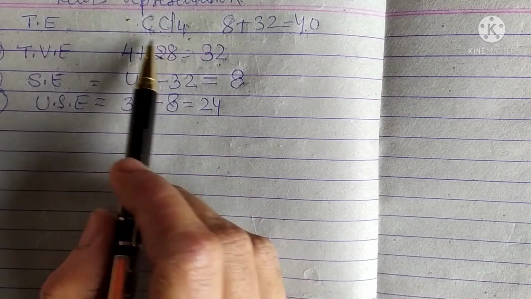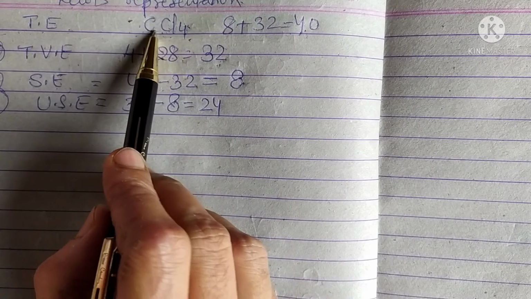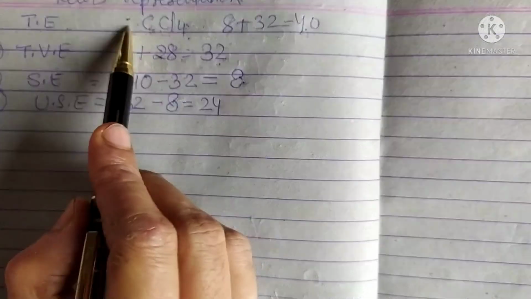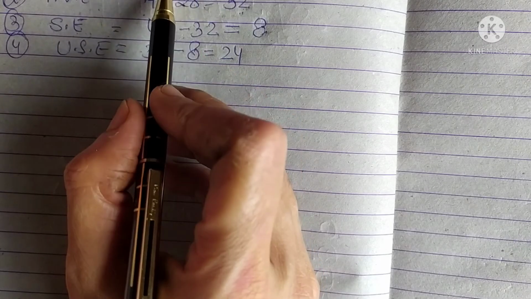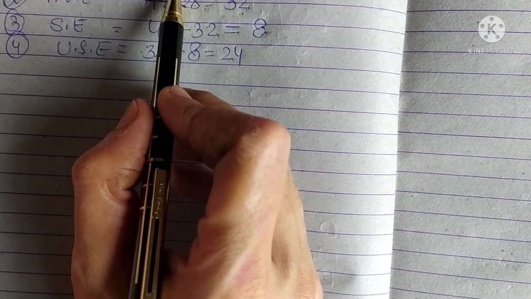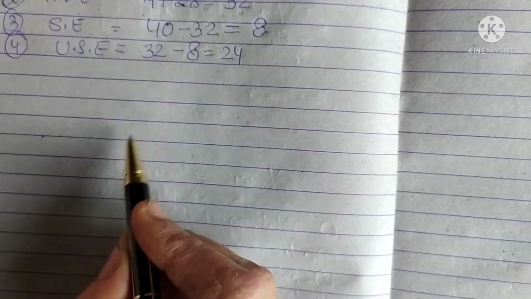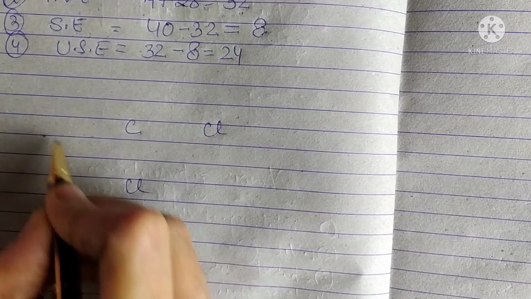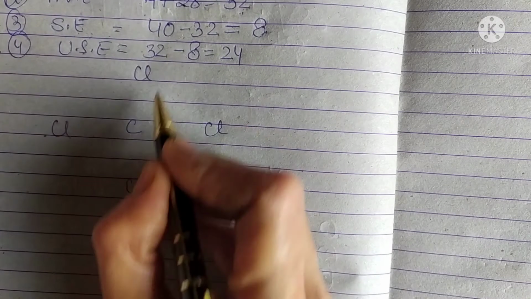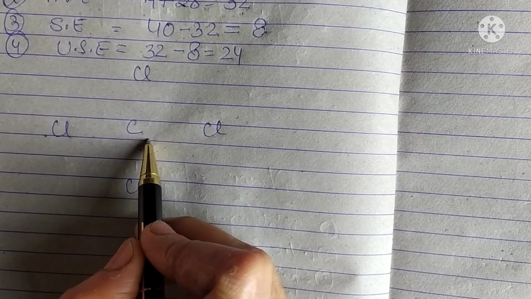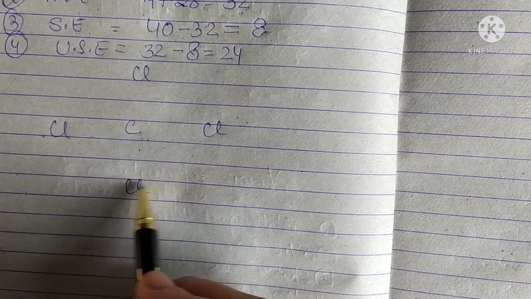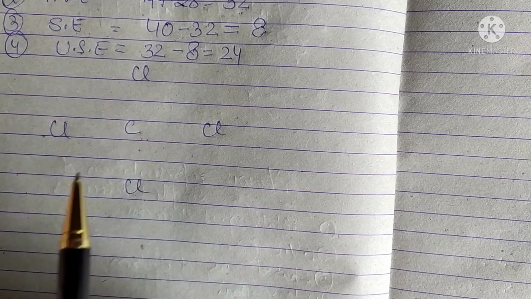No problem. So let us try to find out what we will do. We will have to write the element which is electropositive. Out of carbon and chlorine, carbon is electropositive. So we will write this in the center, and 4 chlorine atoms like this. Means the electropositive element, or the element which is bigger in size, will be written in the center, and the rest will be arranged around that element.